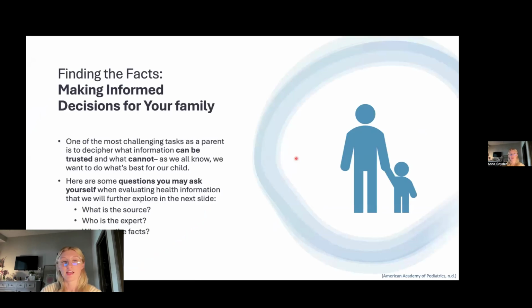So now we'll start the discussion of the last topic of this presentation. It's about how to find the facts, because one of the most challenging tasks as a parent is to decipher what information can be trusted, what cannot be trusted, because we all want to do what's best for our child. So when you are looking at information, whether that's information you see on social media or TV or from a coworker or just from your community, here are some questions you may want to ask yourself when you're evaluating health